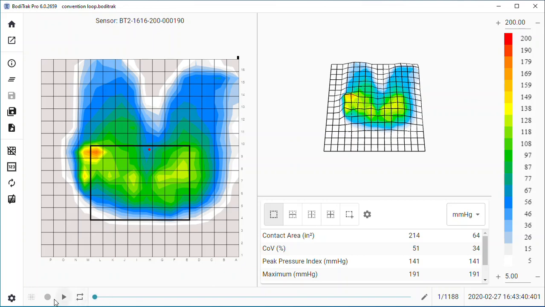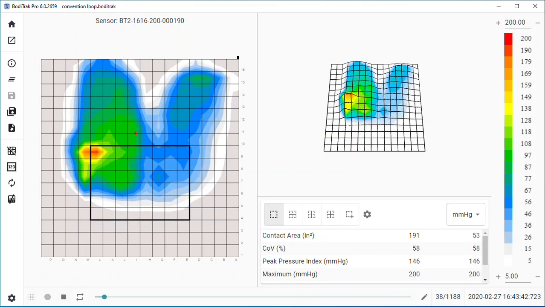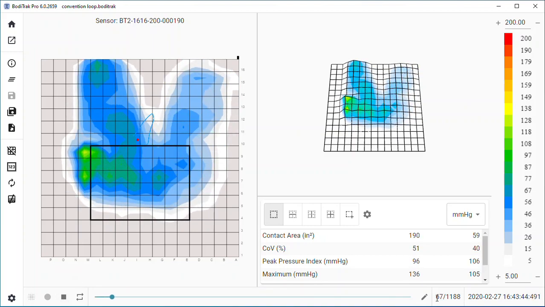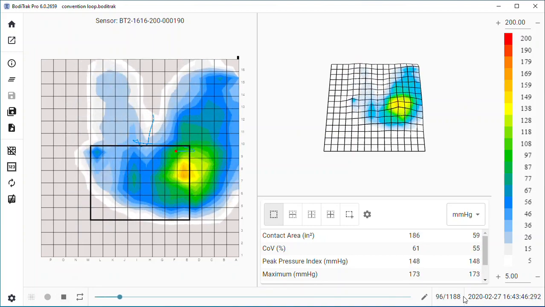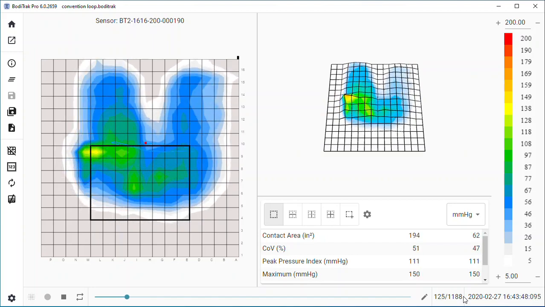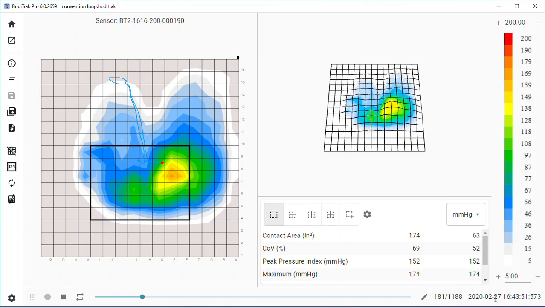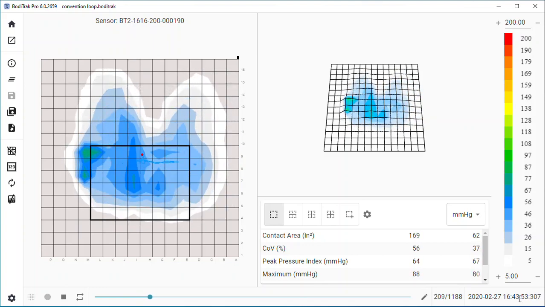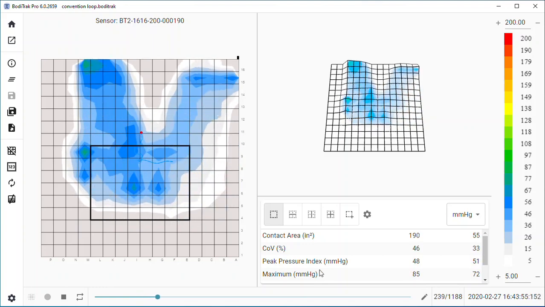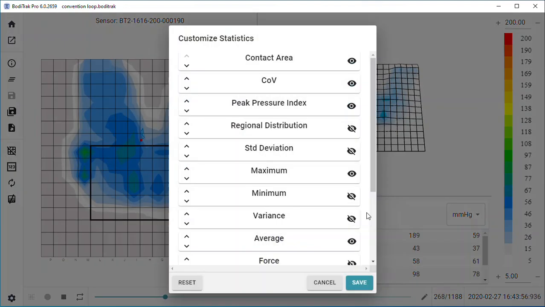I can do a playback here and start to go through the files, or the scans rather. You can see I've got an 1188. We won't wait to go through all of them. You see how the statistics are changing. You also have the date and timestamp here. And I'll just quickly pull up